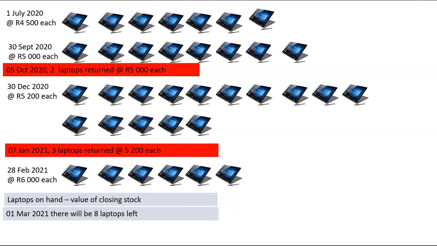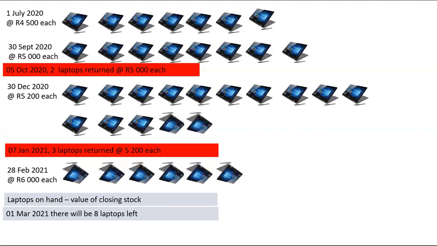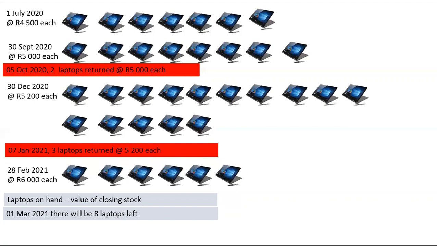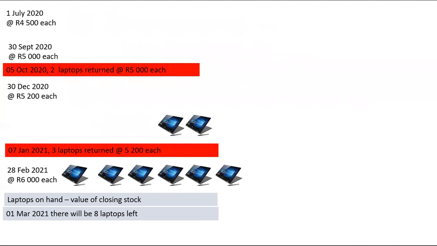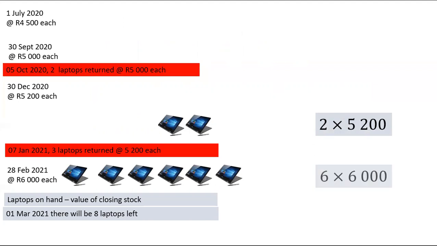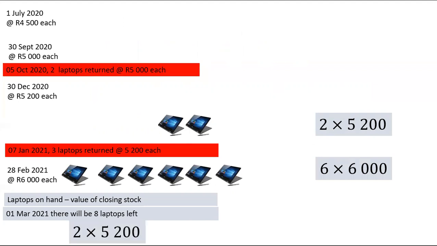We have 8 laptops left. 6 of them will be from the latest purchase, which is the 28th of February, and then 2 will come from December. So the cost price of these laptops will simply be 2 of the December purchases multiplied by 5,200, and 6 of the February purchases multiplied by 6,000. So the value of our closing stock will be 2 times 5,200 plus 6 times 6,000, and that will give us